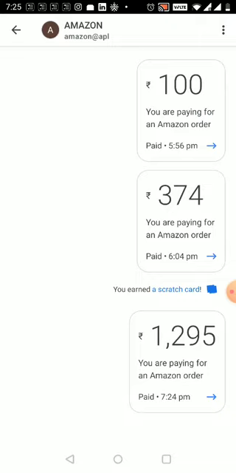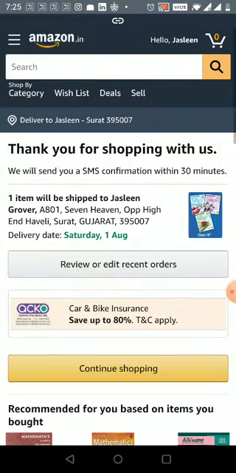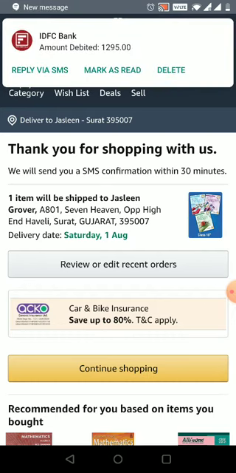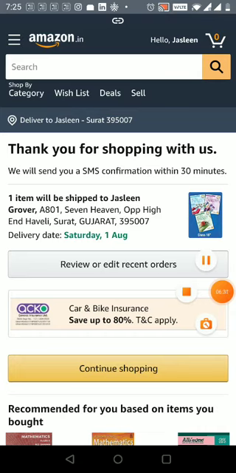It says that in case it needs to proceed to pay, once I click on proceed to pay, it will ask for the UPI pin. Once the pin has been put in, say the payment is completed. Now when you go to the product purchase page, it says that your order has been placed, right? Now that's about it.